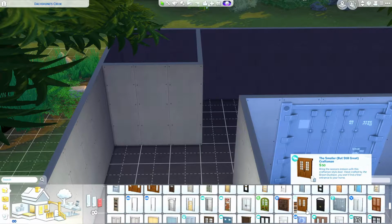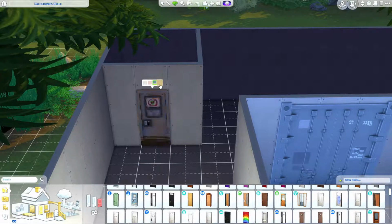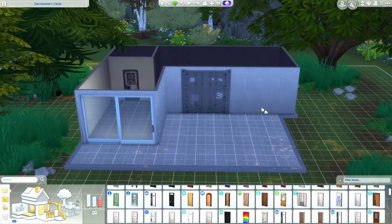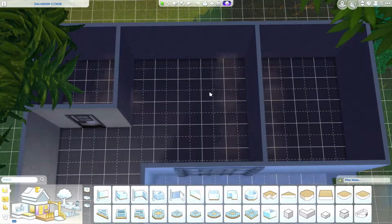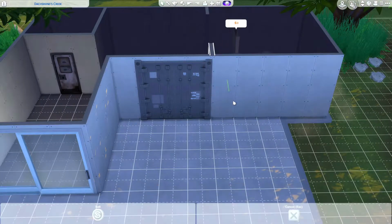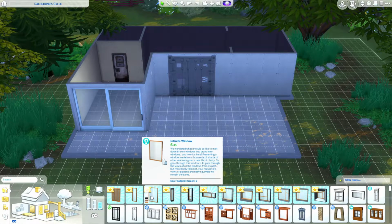I decided to split them, and this lot overall is probably 25,000, which I just made Brock give her the money for. I didn't feel like waiting around. The Eco Lifestyle pack just came out, and I was like, we need to get them a container home stat. Now, this was so hard to do because I didn't want to overdo it